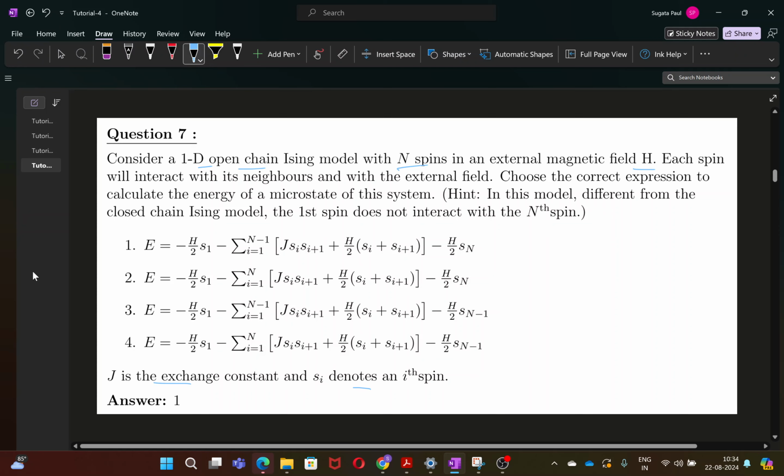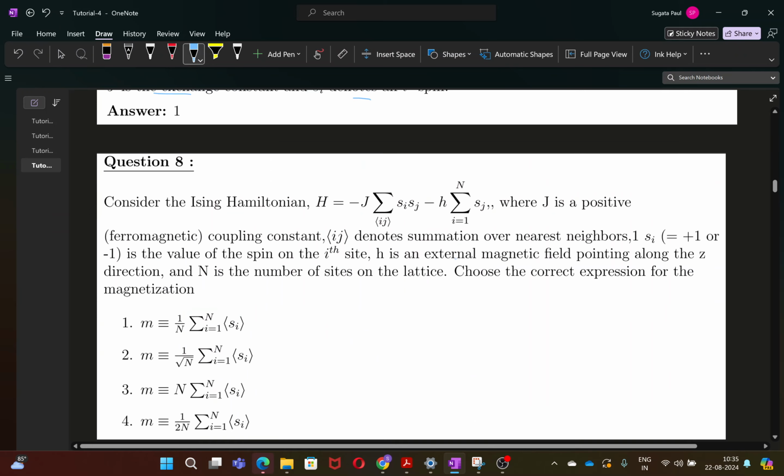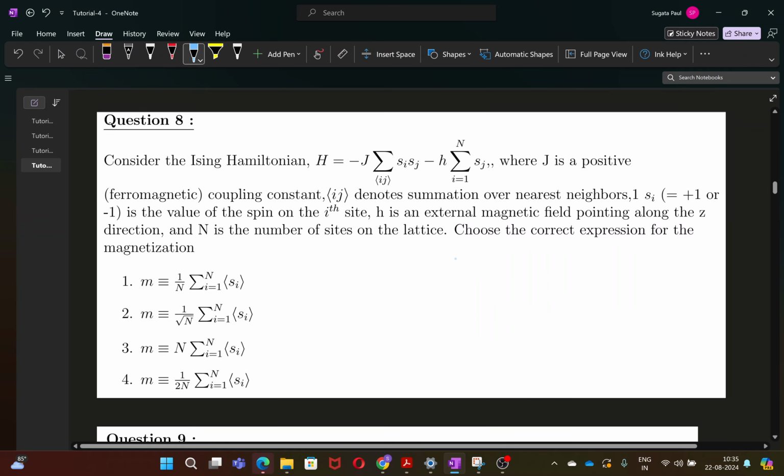Here the answer is option number 1, because you can check that this is exactly the same as the answer we obtained. Now, question number 8 says: using the Ising Hamiltonian in the standard form, which we already know, and J is the positive ferromagnetic coupling between nearest neighbors, which we know is denoted by this bracket with the ij sign,